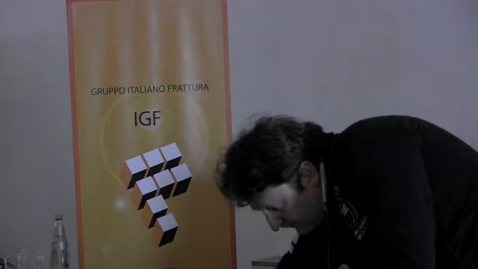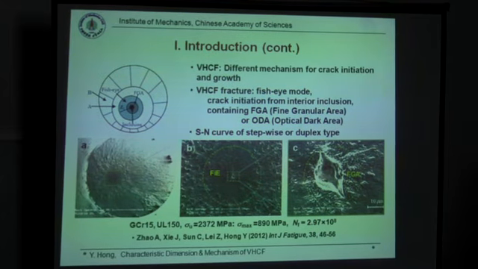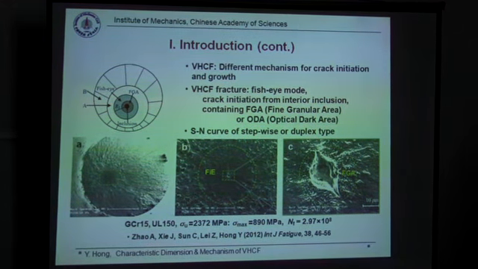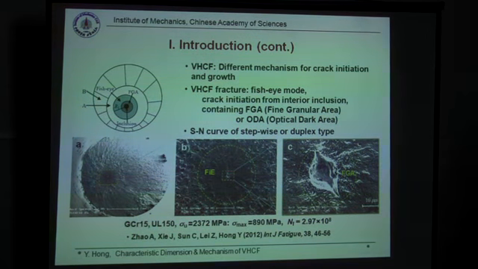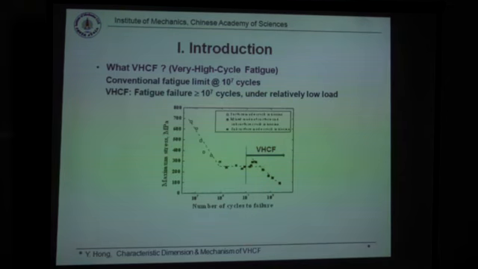Perhaps most of you know that very high cycle fatigue is the fatigue failure beyond 10 to 7 cycles of loading. And for very high cycle fatigue, the crack initiation is almost from the interior of the specimen. And there is always a kind of morphology called fish eye. And in the center, there's a,